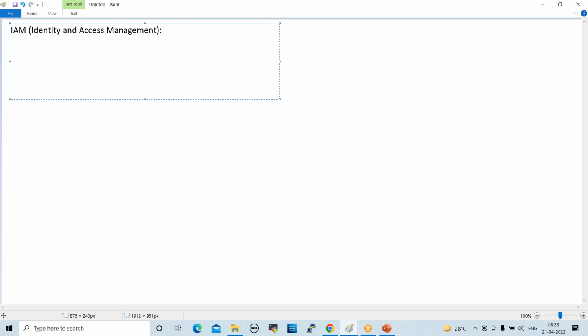So in real-time projects, we don't use root user. We always use IAM user. When we join into the project, we get one user which is IAM user. So IAM is mainly for user management. When a new user joins the project, we can create one account, IAM user, and we can provide it to the user. So by using that IAM account, they can access the console, Azure console, right? Yeah. So here,